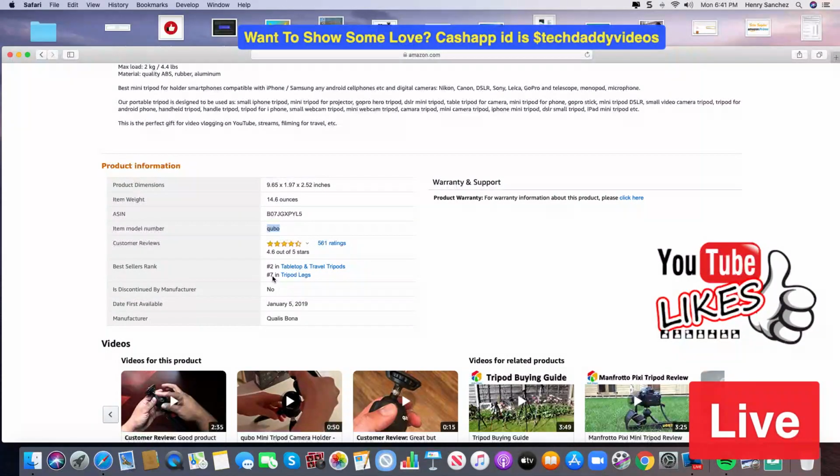Okay, as you can see, even though they're ranked number 2 in the main category, which is right here, they are in the subcategory. They are ranked number 7 under tripod legs. So they are ranked under a different category for that.